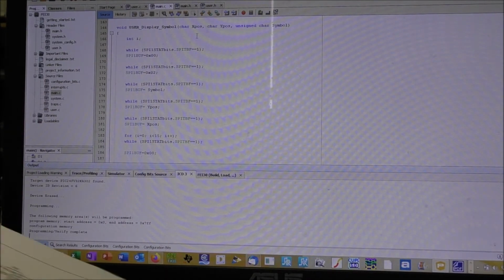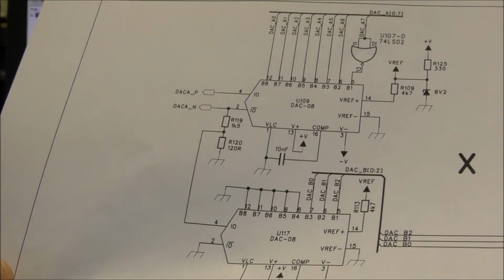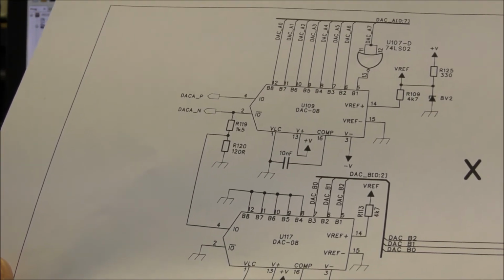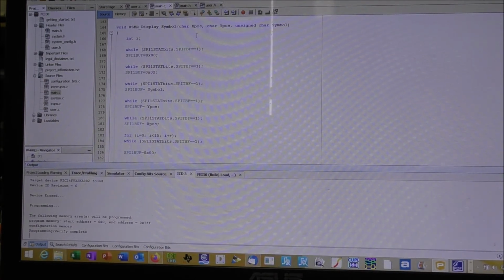Before, one more thing: I have noticed that in the schematics of this instrument, you have two inverted gates here on the MSB of this DAC. So this permits to send directly a signed value to the DAC. So the input will be a signed value from -100. I will show you on the screen one more time here.